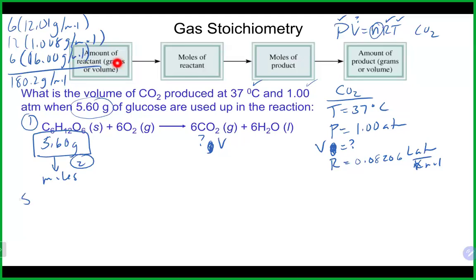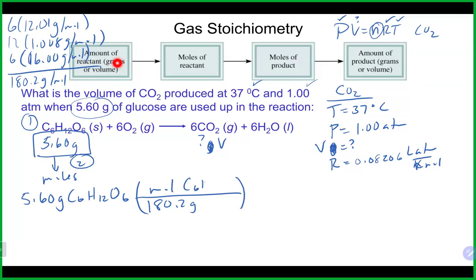So step number 2, we're going to take what they gave us, use the molar mass from the periodic table to convert that into moles. So 180.2 grams per mole. And we are now going to get our moles. Again, this is very similar to basically using the molar mass in grams. Exact same calculation here to get our moles like we normally do. Moles of C6H12O6. So step number 2, we're just going to convert to moles like normal.